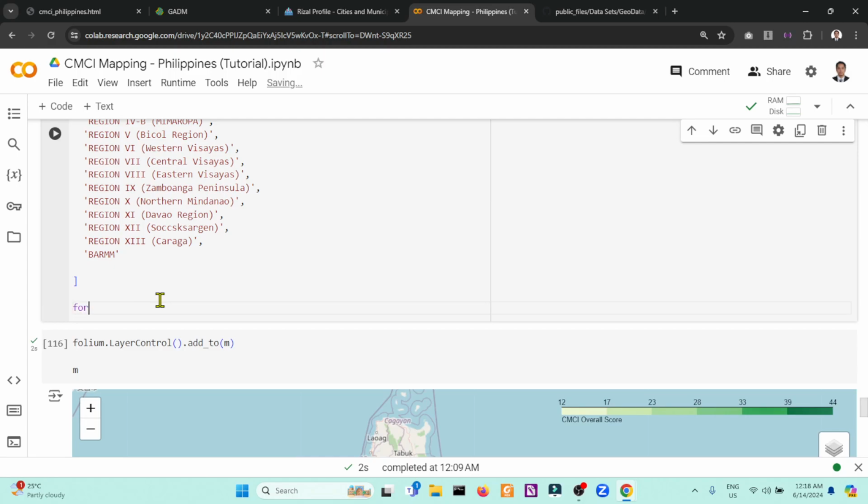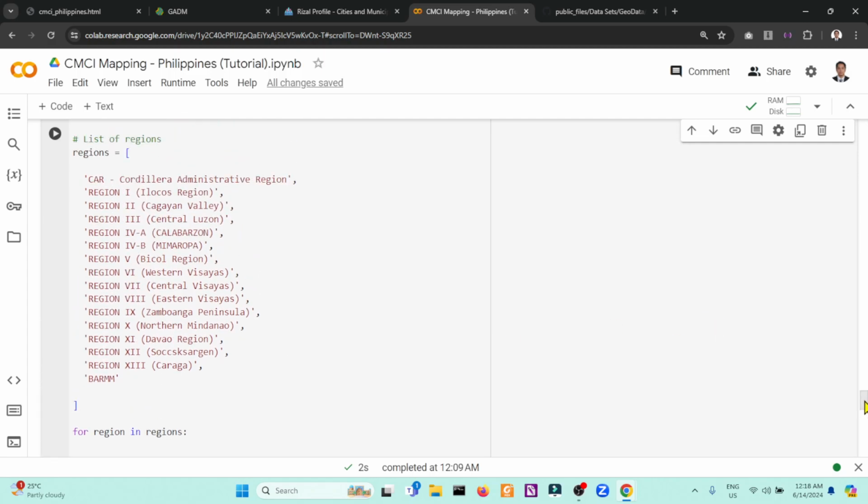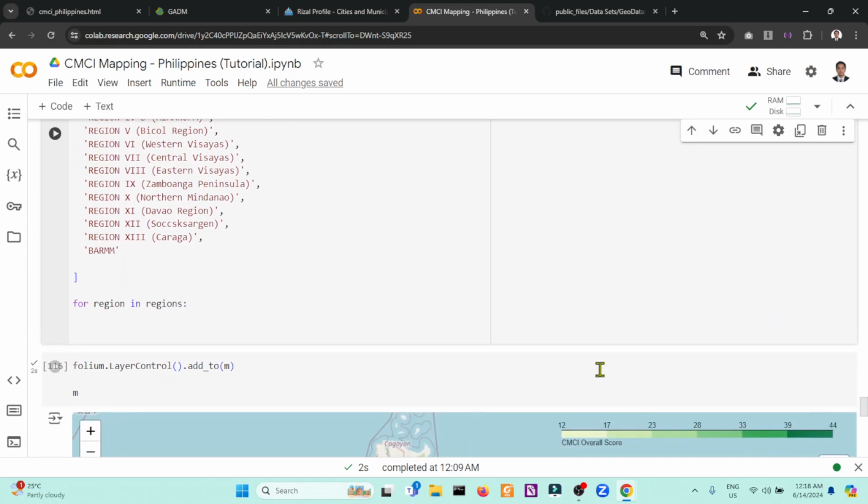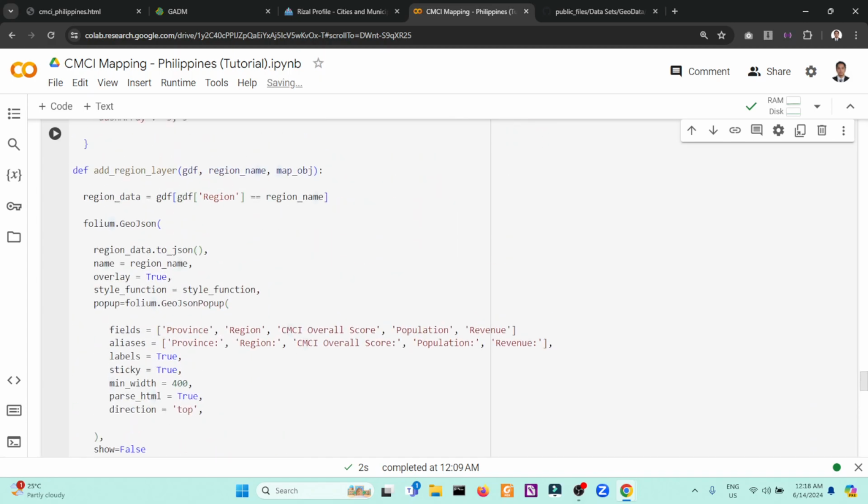So we will use now a for loop: for region in regions. We'll iterate from each list that can be found of each region. Then we will use our function, which is add regions layer. We will merge the data to a specific region, and we will assign to the map itself, which is the map object right here, the region name.